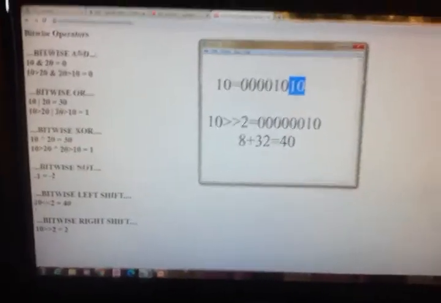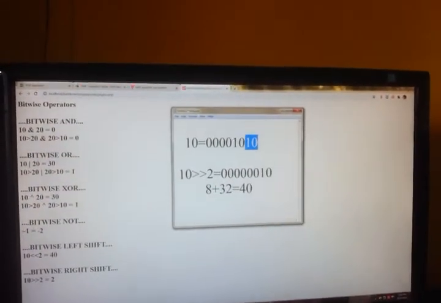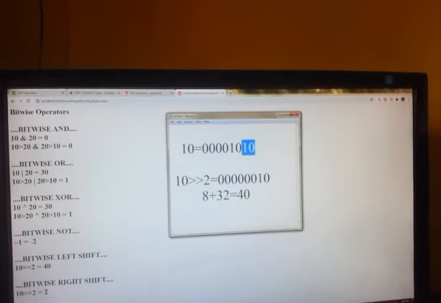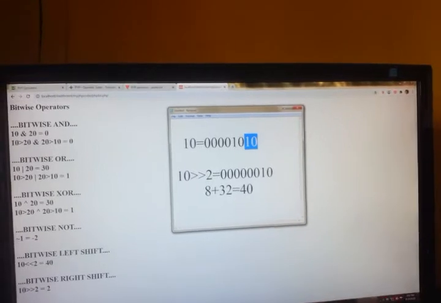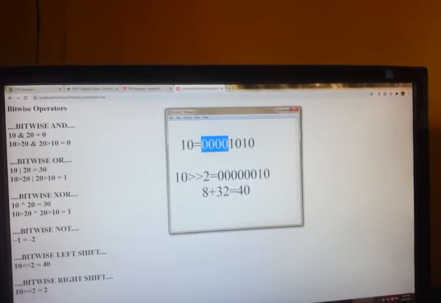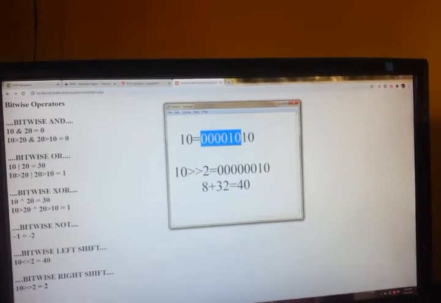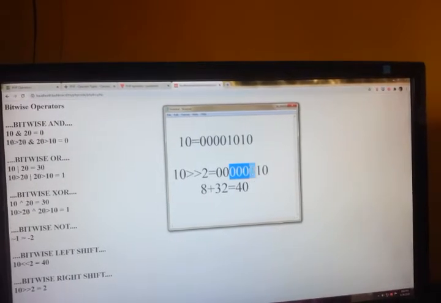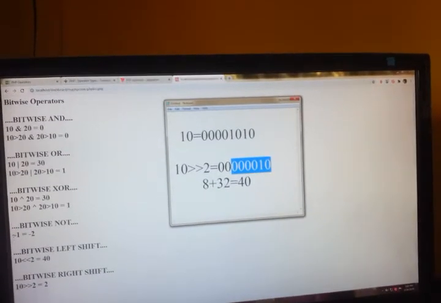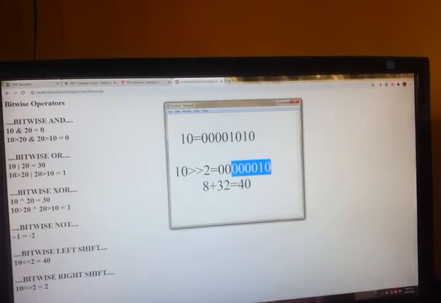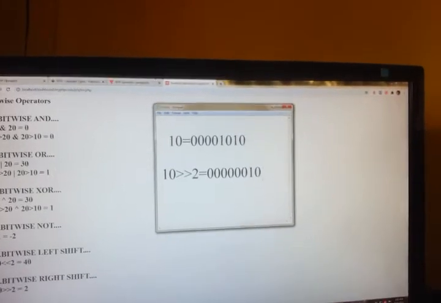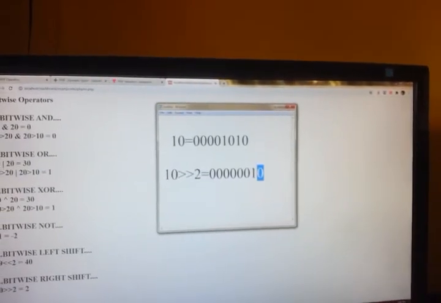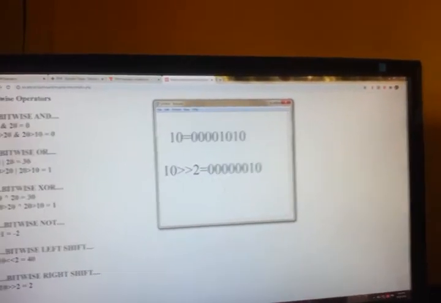So this 1 0 has to move 2 shifts right. When it is moving 2 shifts right, this 1 0 will be deleted. So we will be left with 0 0 0 0 1 0. That's what I have written. And these 2 spaces are empty, so we have to add 2 zeros. So this is 2 power 0, nothing. This is 2 power 1, which is 2.